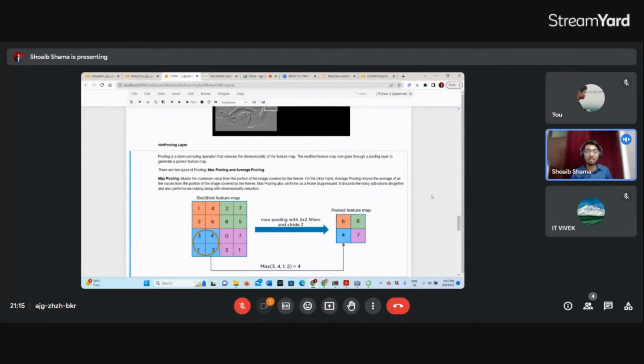So the rectified feature map now goes through a pooling layer to get a pooled feature map।